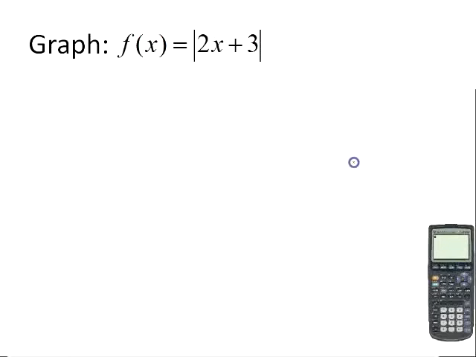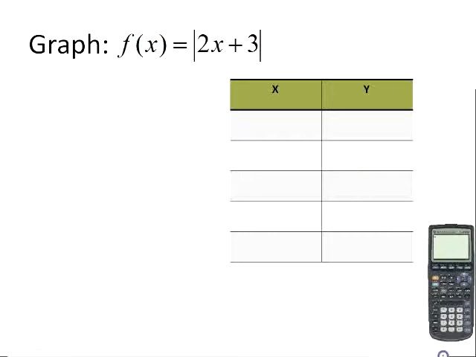So I want to start with a chart, and I'm going to choose numbers to use for x that I will plug in to get the y coordinates to go with them. You can use any points you want. I'm going to start with -3, then I'll use -2, -1, 0, and +1. You want to try to choose points that are small enough that they're going to fit on the grid that you graph, but also points that give you enough information that you get the shape you want